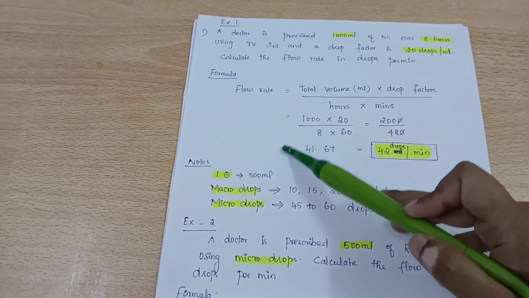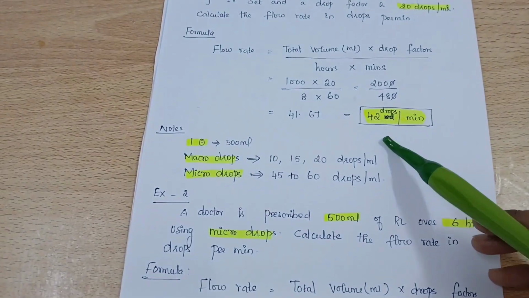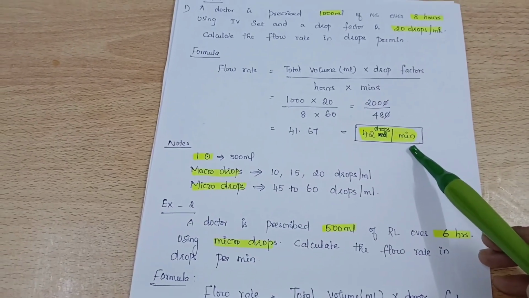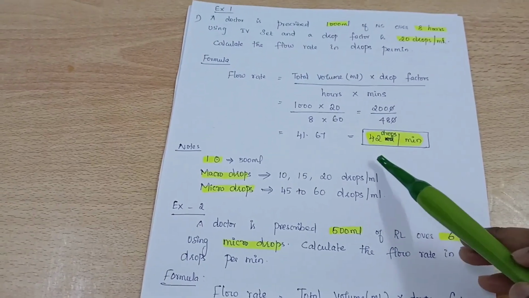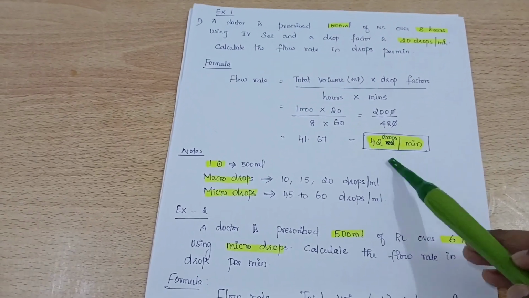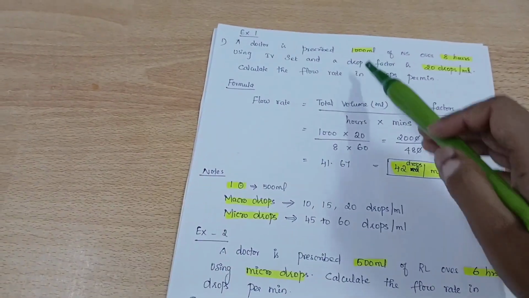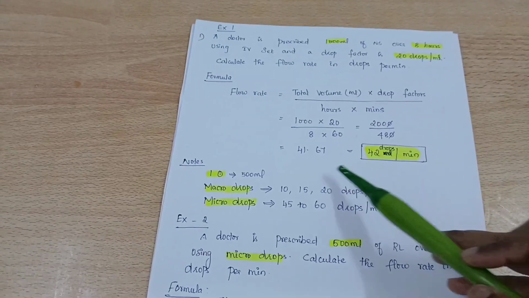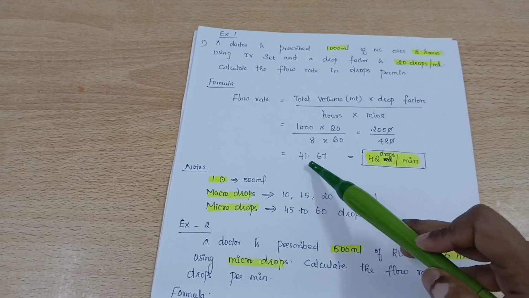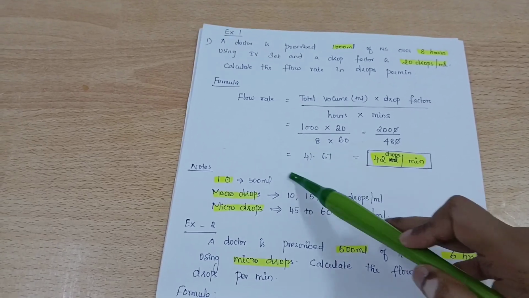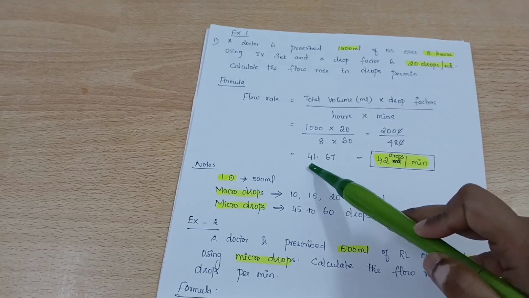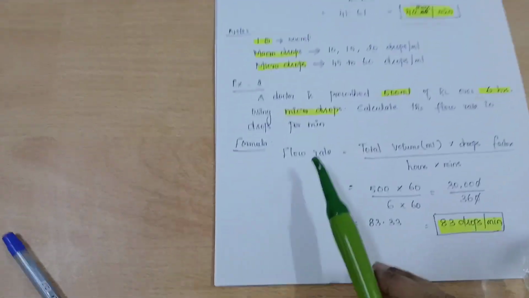41.67. We take it as a round figure, 42 drops per minute. So per minute we have to give 42 drops to the patient. This is our first example. Why are we taking 42 here? If the digit after the point is 5 or above, we make it 42. If it is below 5, we take it as 41 only. So our next example is,